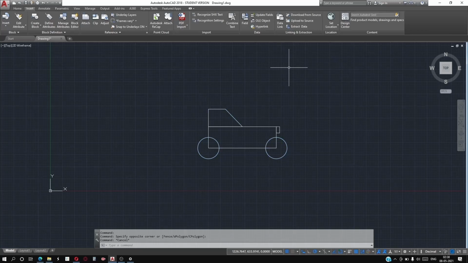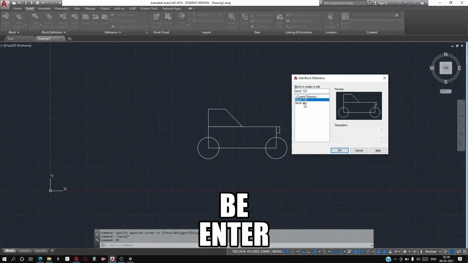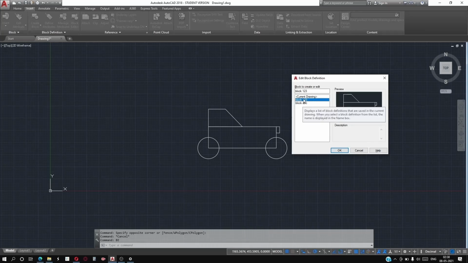Again, if you want to edit the blocks, for that you can use a shortcut key that is BE, enter. It will show you all the blocks and you can double click on the block you want to edit.